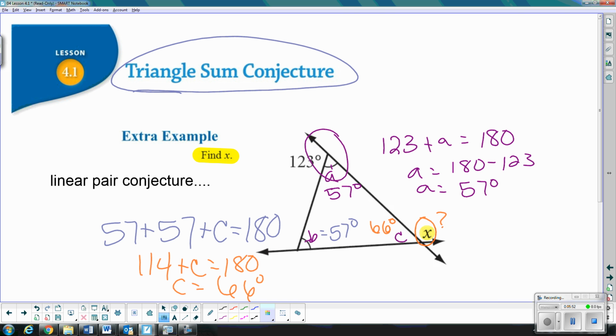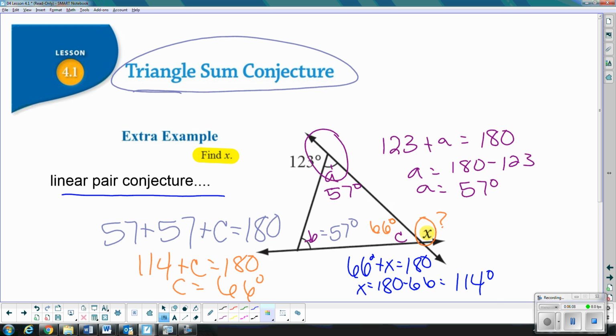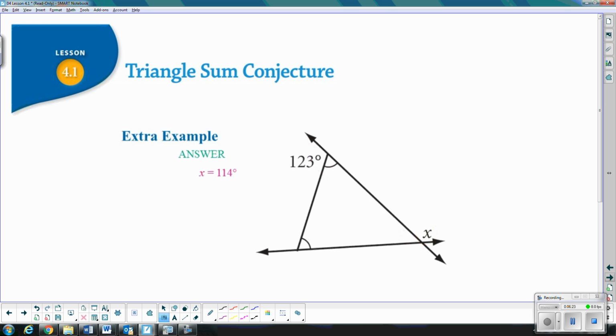How are we going to find angle X? Well, we can use our linear pair conjecture. So we know that 66 degrees plus angle X equals 180 degrees. So therefore, X equals 180 minus 66, which is 114 degrees. So that's how we're actually going to apply our linear pair conjecture and our triangle sum conjecture. So let's look at now this next